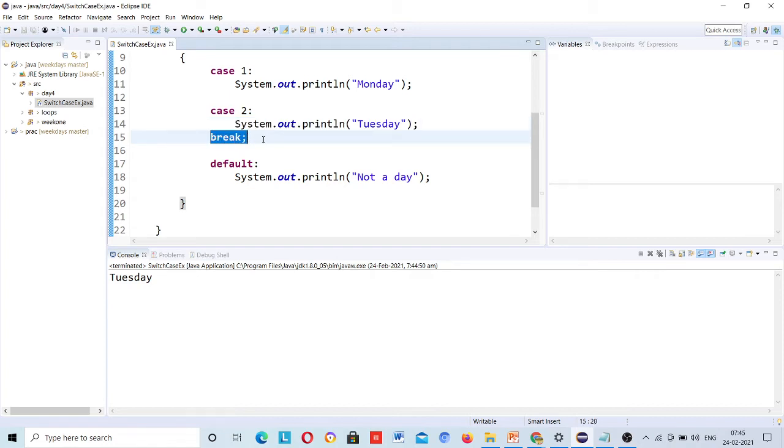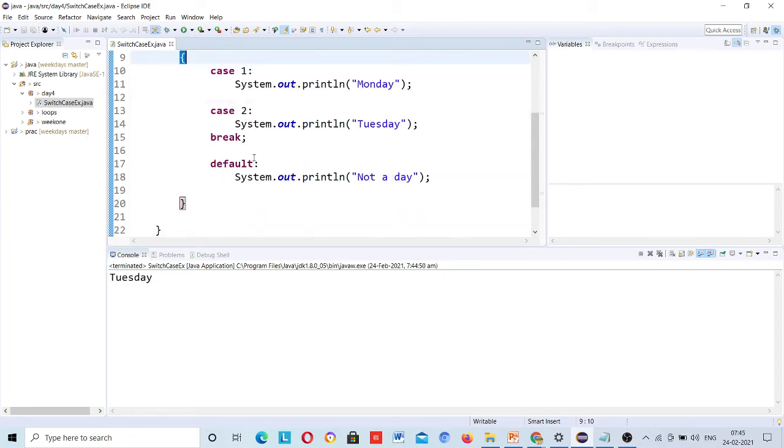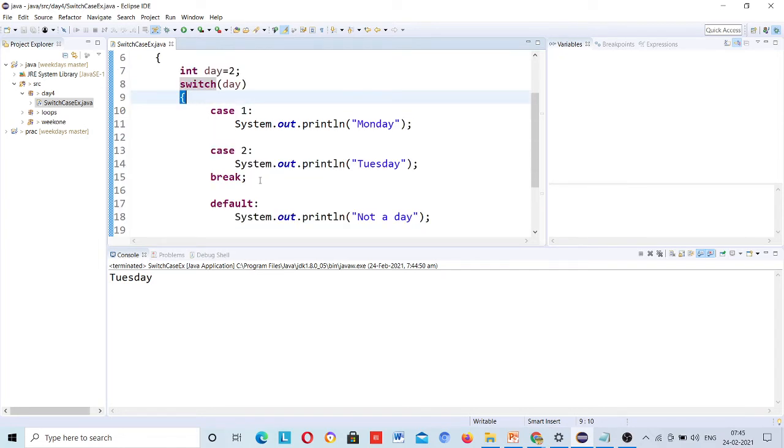So it will come out of the loop, and when I say loop, that doesn't mean for loop or while loop. Coming out of the loop means leaving these statements, these braces.